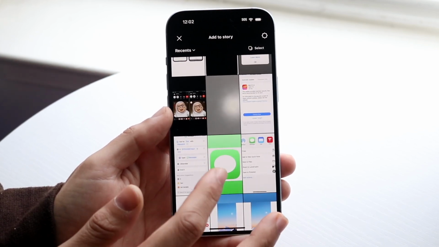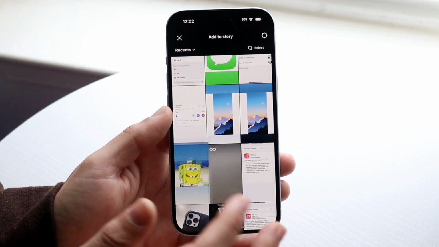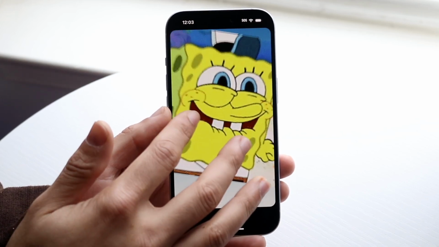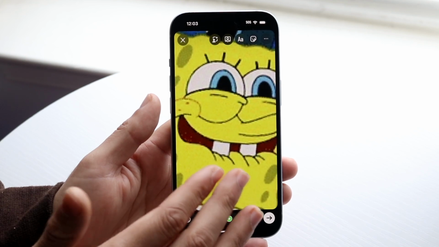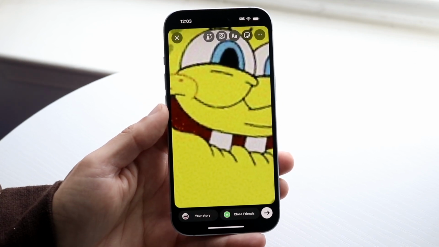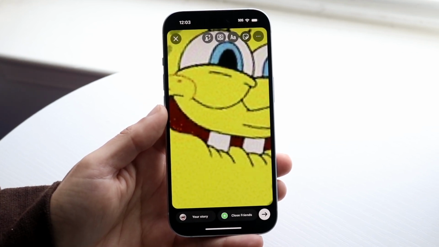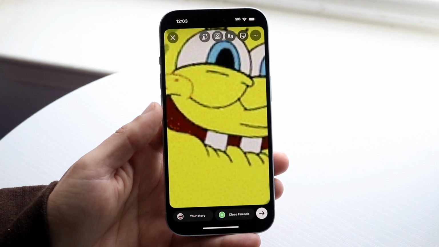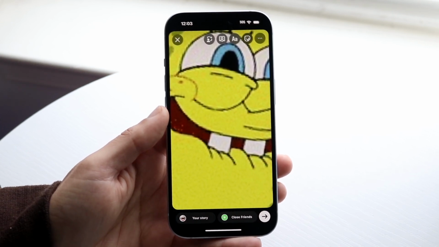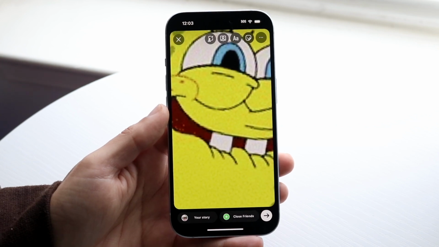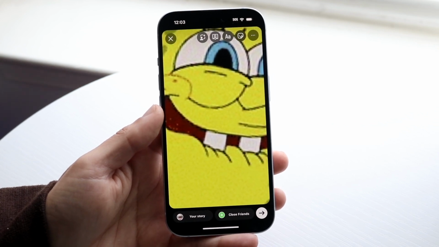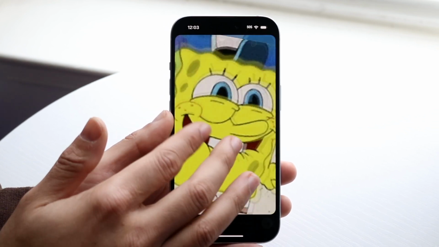Now, on top of that, you want to make sure that if you're actually going through and taking a photo or whatever, that you're not zooming in too much. Because if you're zooming in too much into a photo that's already existing, you may see that it's already blurry from the beginning, and then you're just zooming into a blurry photo, which is going to cause even more problems. So that's another thing you may just want to keep an eye out for as well. Just make sure that you're not zooming in too much,